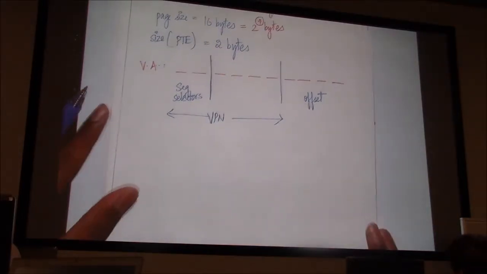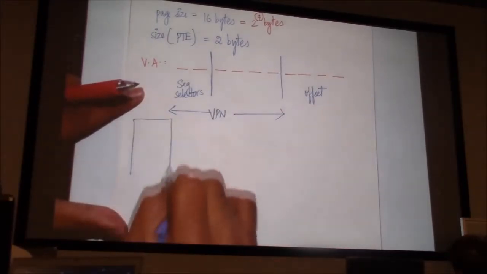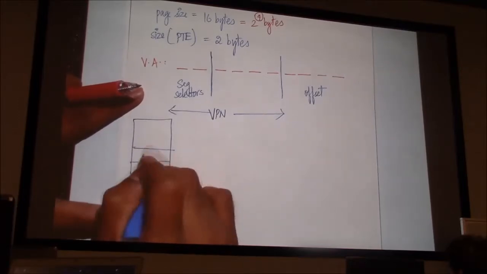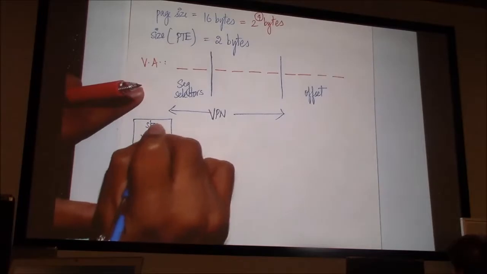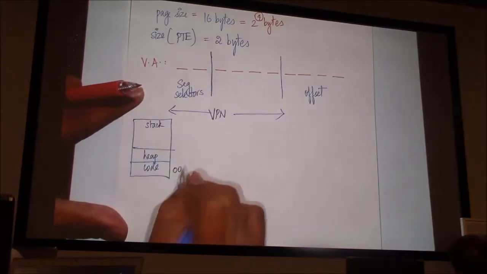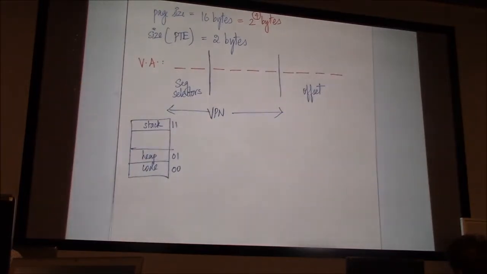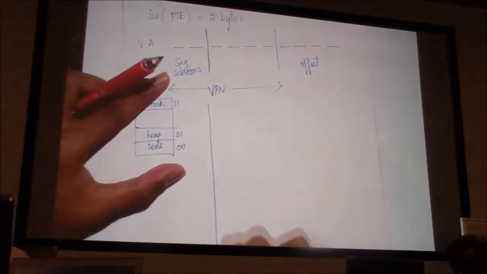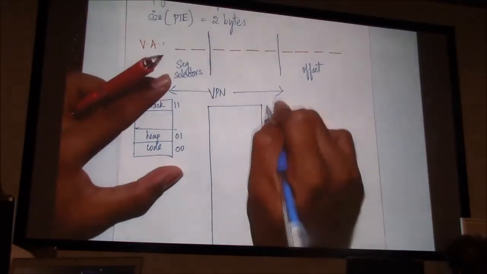So if this is the scenario, then we know that we're going to have code, heap, stack: 0,0 for code, 0,1 for heap, and 1,1 for stack. Okay. And in this setup, the actual address space will look something like 0 till 1 KB,